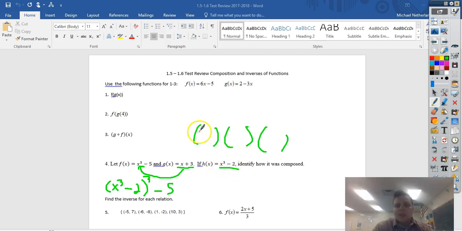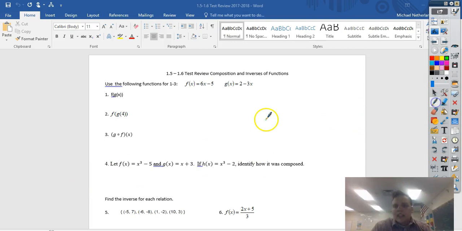No, it's not, because you're going to have x cubed minus 2, x cubed minus 2, x cubed minus 2. You're going to have an x cubed times an x cubed times an x cubed. That's going to give you like x to the 9th when it's all said and done. All right, so that's not going to work, okay? So let's try going the other direction. Let's try, instead of doing g into f,